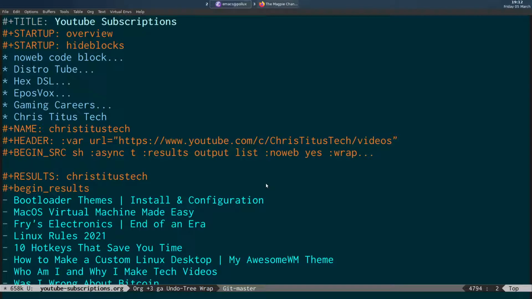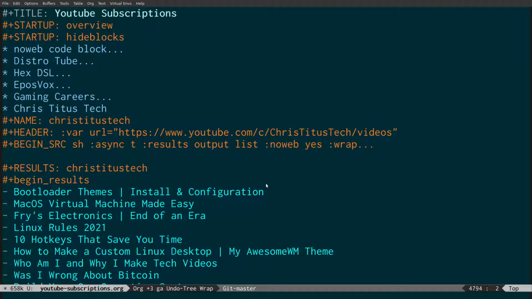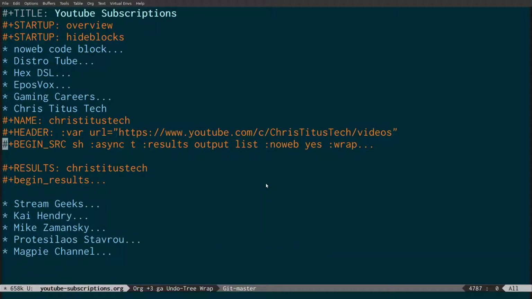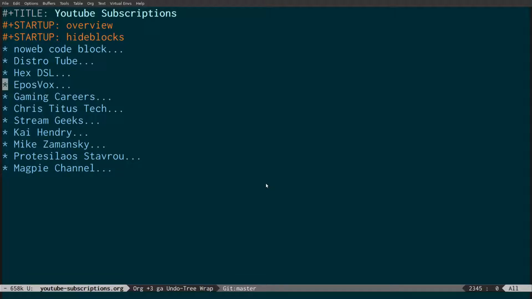So here's a video about macOS machines made and virtual machines made easy. Just Control C, Control O. Give it a couple of seconds. And close that. So it's really nice and easy to import all the stuff,